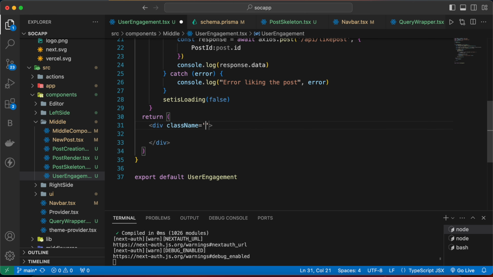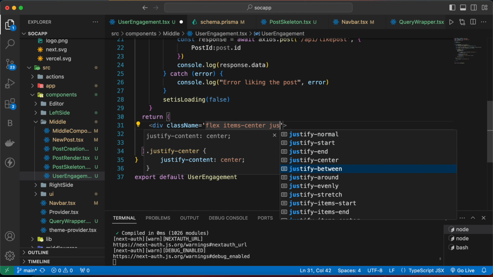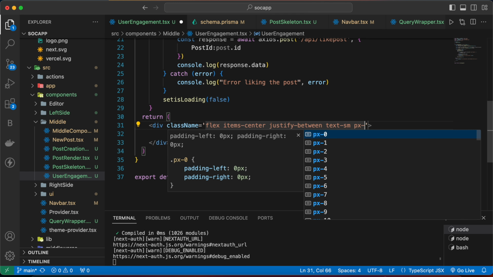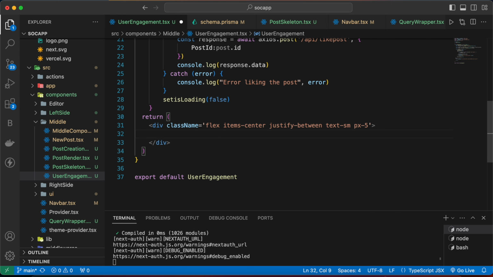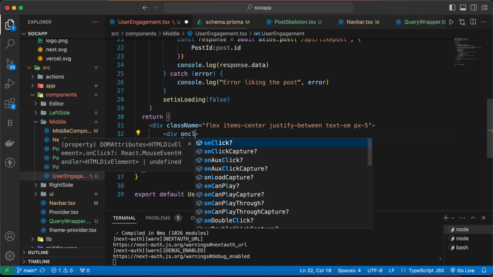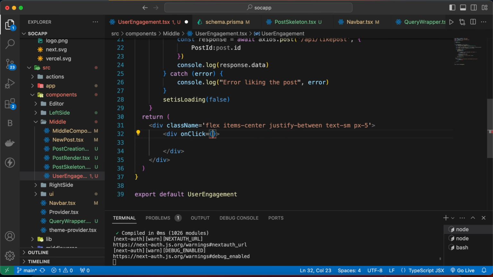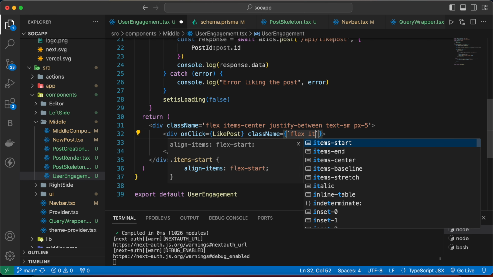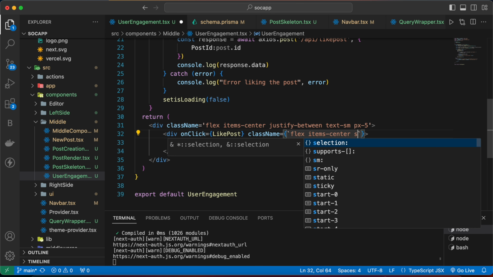And now let's go inside our div, and here we can give this a className of flex items-center justify-between text-sm and px-5. Now inside this div we are going to have one more div with an onClick handler, and this will call our likePost function. Along with that, we are also going to have our classes flex items-center space-x-2